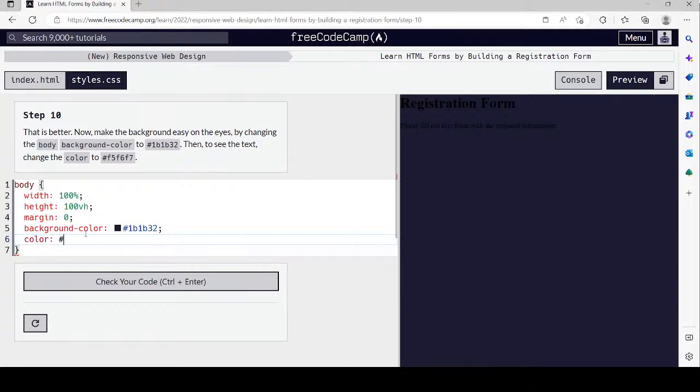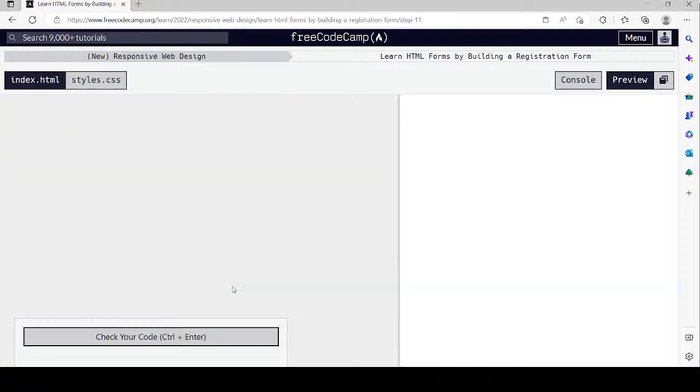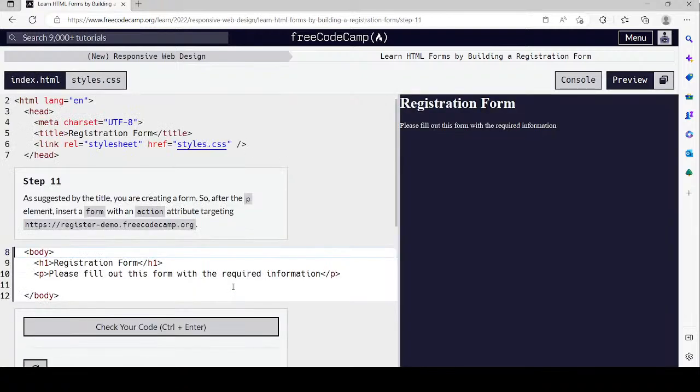So then it's going to be F5, F6, F7. So this much of red, this much of green, and this much of blue. RGB, yep. So now it's a white text with the dark background. Let's see if that passed. Yep, it did. As suggested by the title, you're creating a form, so after the P element, insert a form